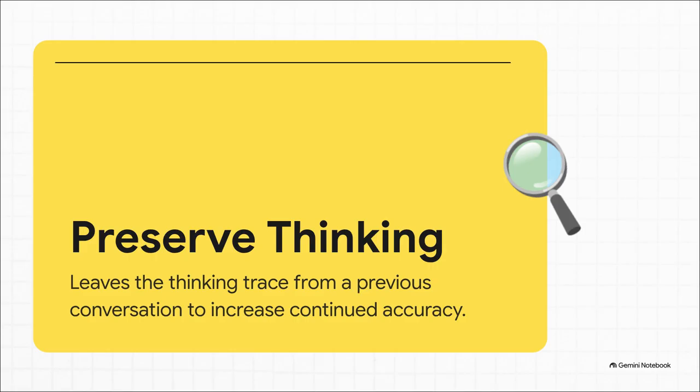The absolutely crucial point is a new feature called preserved thinking. You see, typical large language models are somewhat forgetful. They process your prompt, give an answer, and essentially start completely fresh on the next prompt. But Qwen 3.8 can actually leave the thinking trace from a previous conversation intact. This acts as an ongoing memory. It increases the tokens used, sure, but it dramatically increases accuracy in continued, complex, multi-step chats, all because the AI